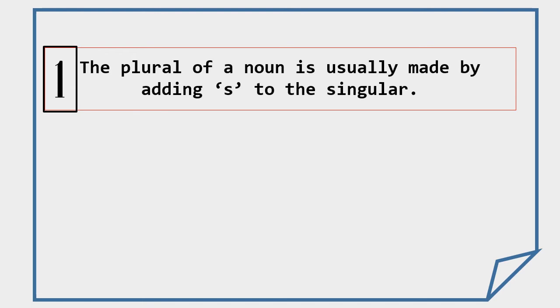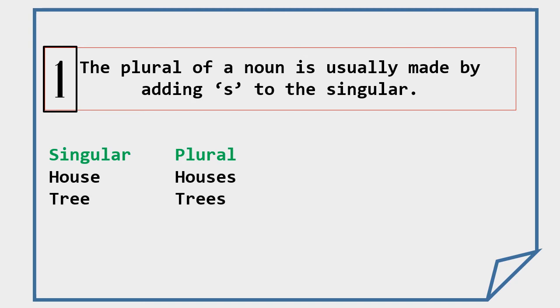There are certain rules to change singular nouns into plural. Let us study the rules given below. What is the first rule that we are going to learn now? The plural of a noun is usually made by adding s to the singular, like house into houses,